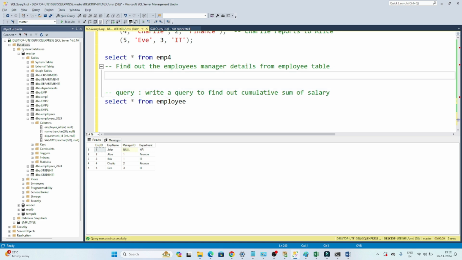My first question is, write a query to find out the employee manager details from an employee table. You can see this is the employee table which is given. Here we have employee ID, employee name, manager ID and the department information. And from this table only I have to find out the employee name and the manager name. You can see John can be a manager of Alice, Alice can be a manager of Bob,